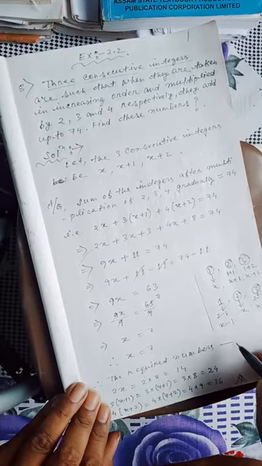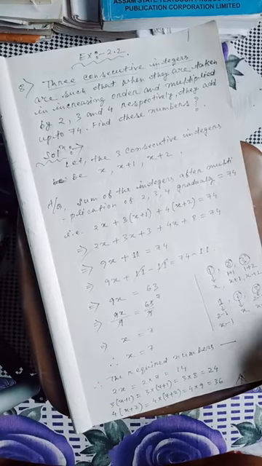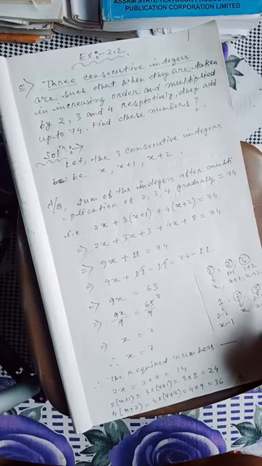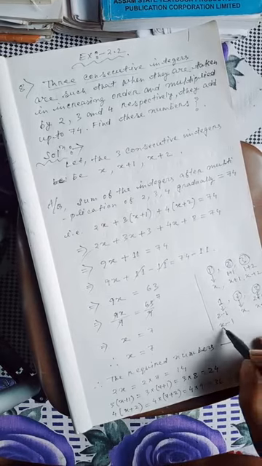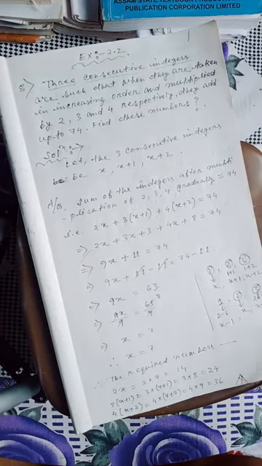So like this also we can declare: x minus 1, x, and x plus 1. It should not be minus, it should be plus 1, so x minus 1, x, x plus 1. This way also we can declare.